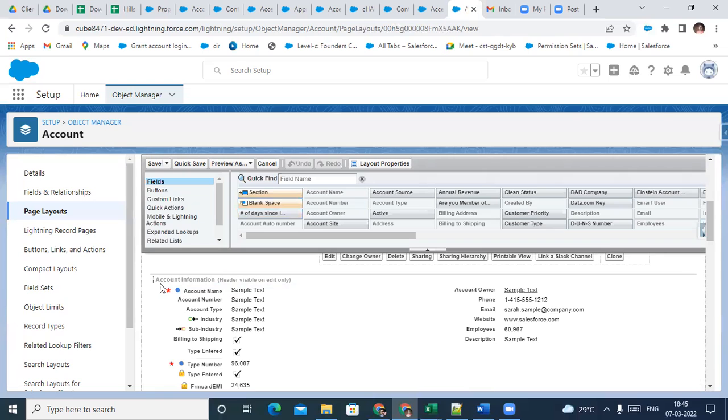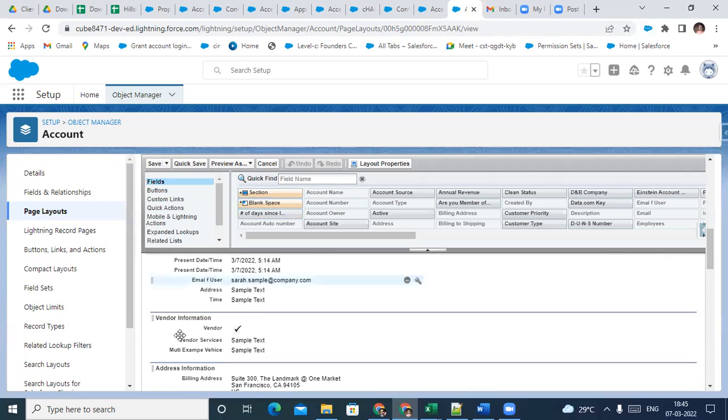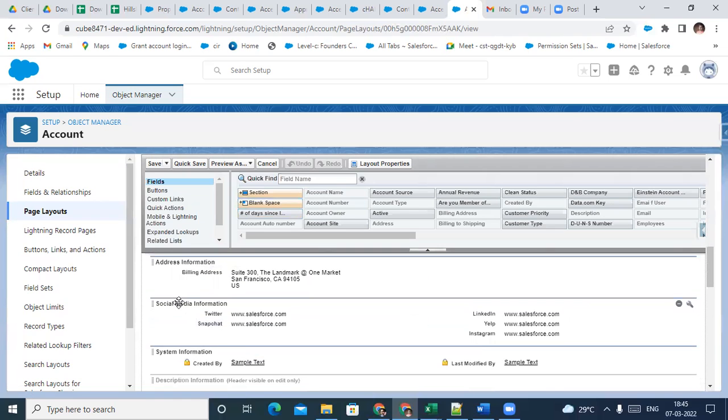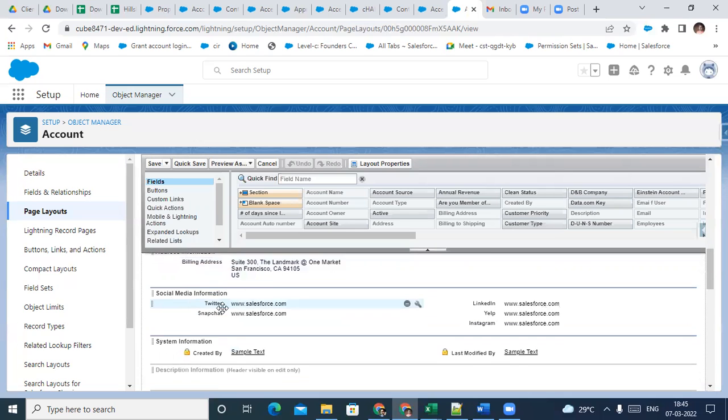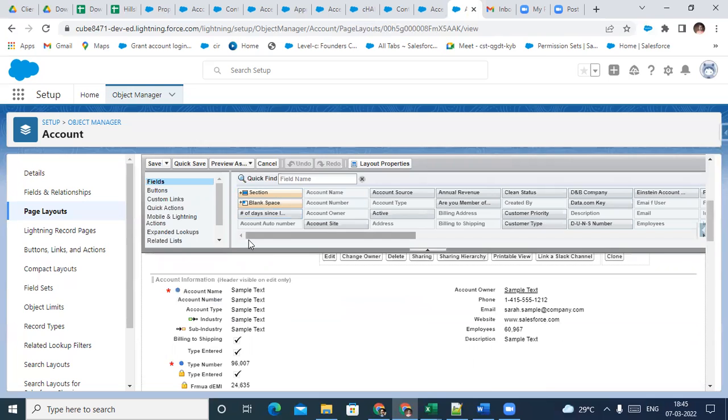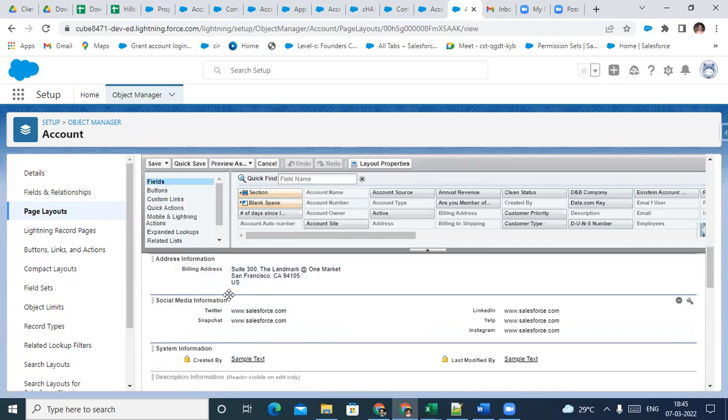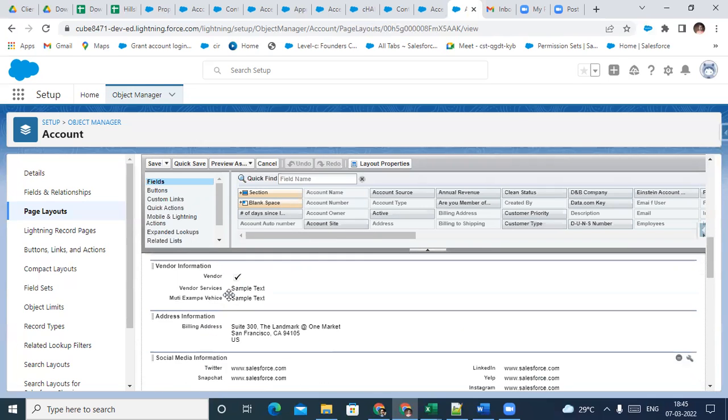So you can see that account information, this is one section. Vendor information, this is one section. And address information, this is one thing. Social media information. So this is all like one section. Okay. So for example, I wanted some information, say,